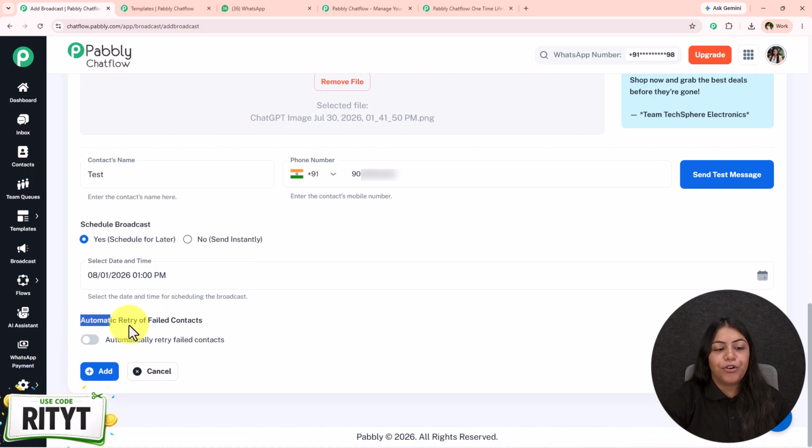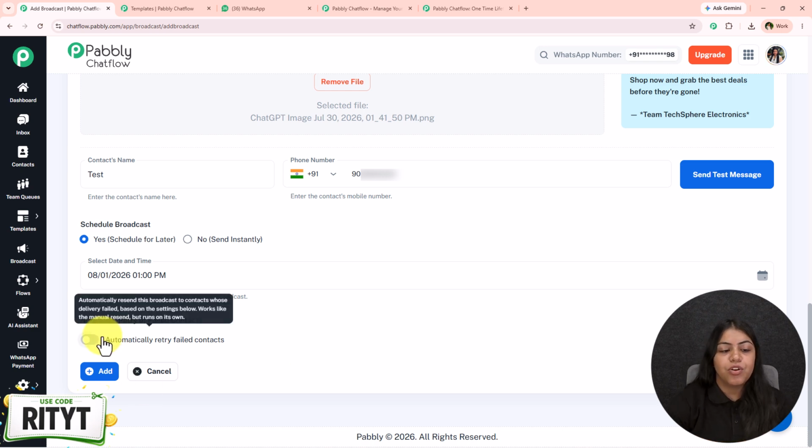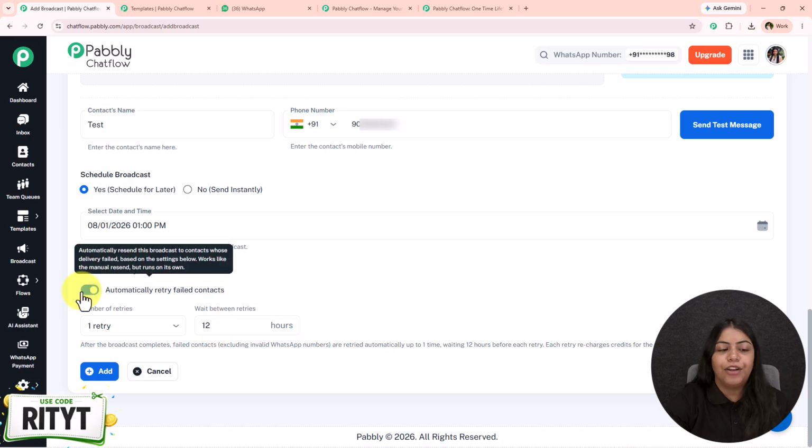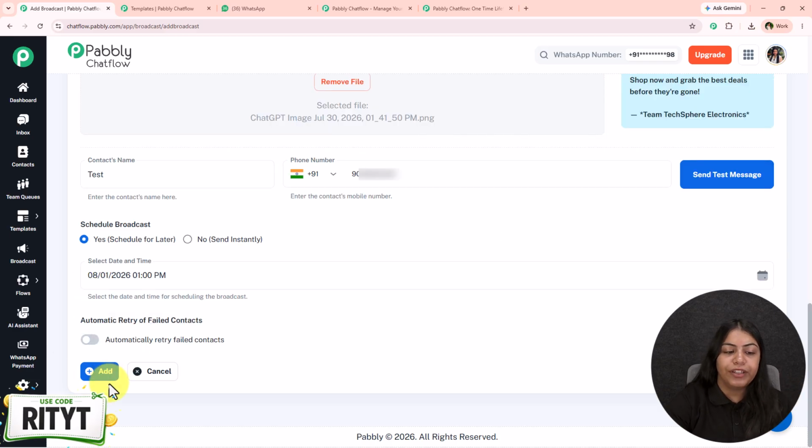Over here it is saying automatically retry for failed contacts. So let's say that you have a total of 90 contacts in your list to whom you want to send this WhatsApp message. Let's say to 80 the WhatsApp message was delivered and for 10 it failed. If you want to retry on those 10 contacts, then you can use this feature. You can simply switch it on right from here. You can select the number of retries and the wait between the retries. I do not want to do this, so I'm just going to switch it off and click on this add